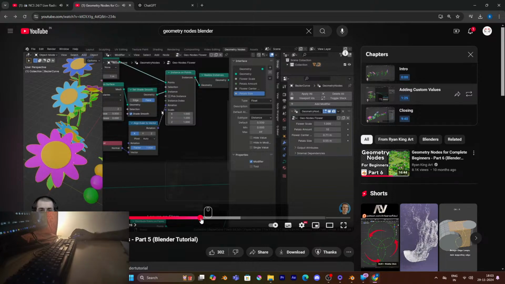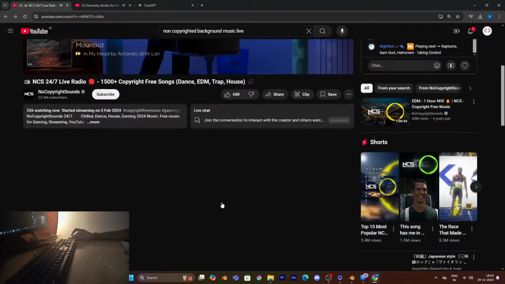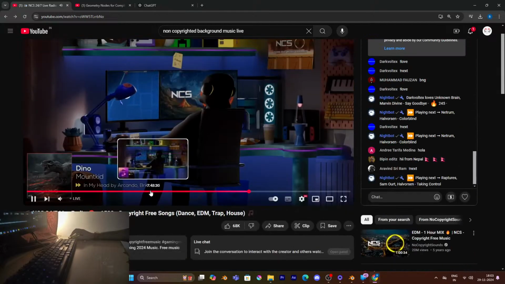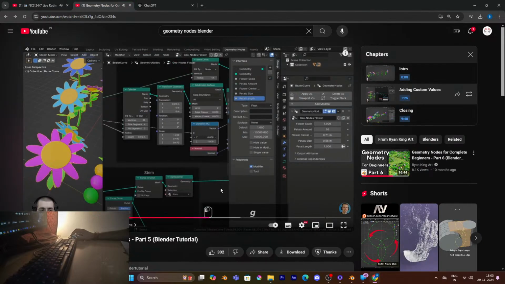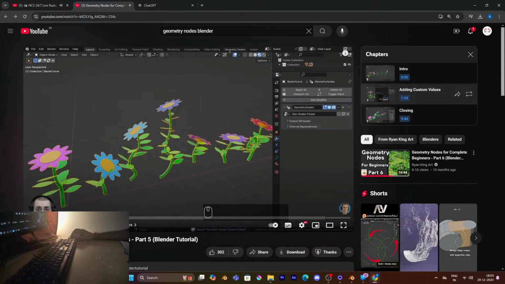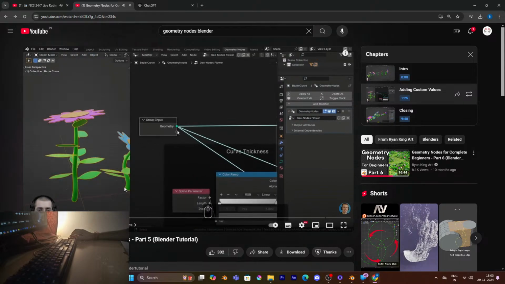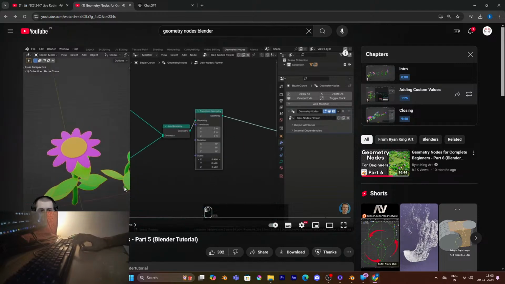Radius values, so they have separate values for the X and the Y one here. This Y one is going to change the group input. So you can see right down here there is an extra. So right over here to the end, values can be used to change the